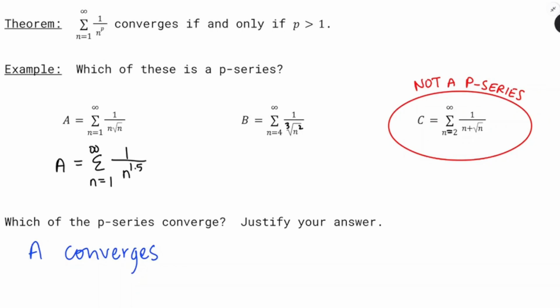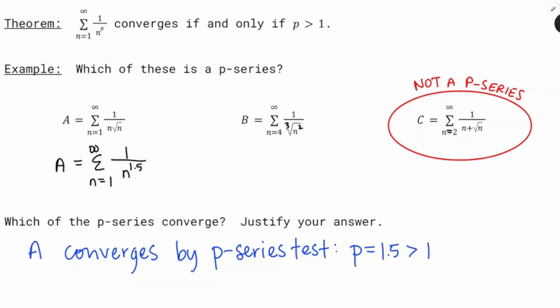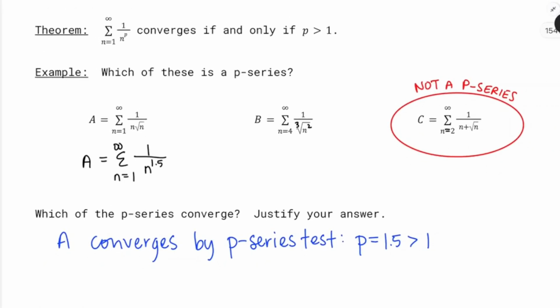by the p-series test, and the justification is going to involve the value of p and the fact that it's greater than 1. There we go. That's all we have to say for the p-series test. This is great. We really like that. And for B, I'm going to say,